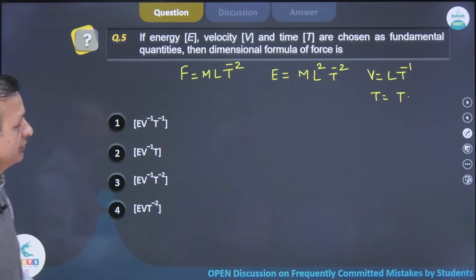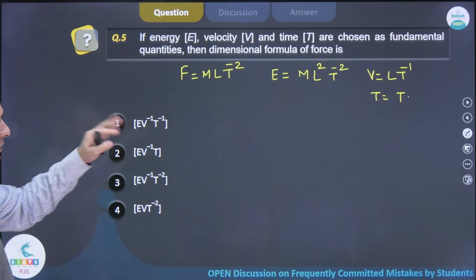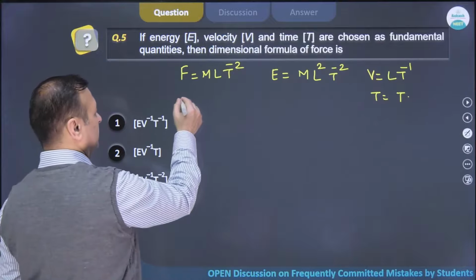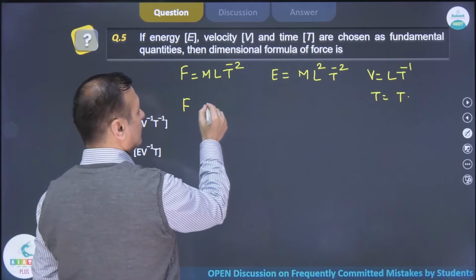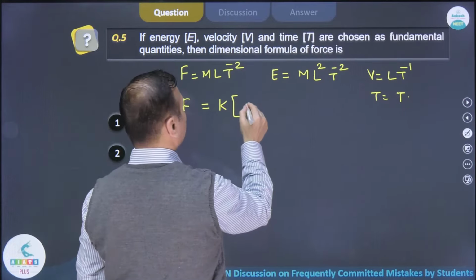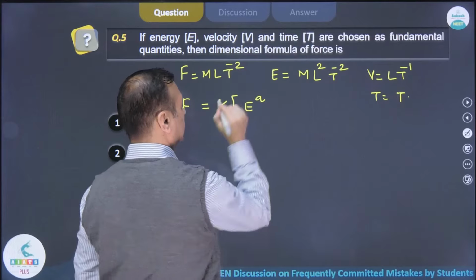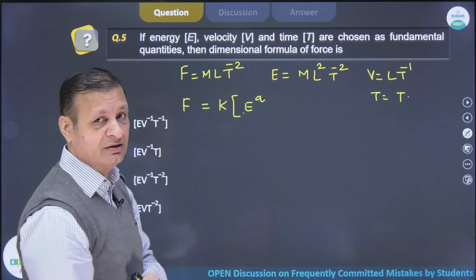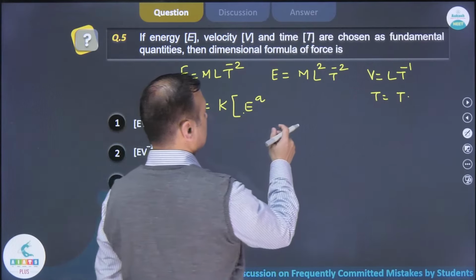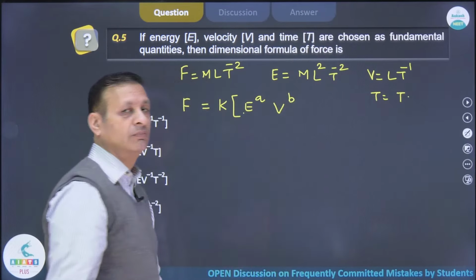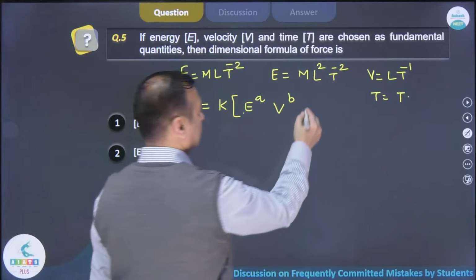Now we have to find out the dimensional formula of force in a new system of units where E, V and T are taken as fundamental units. So the basic approach is F is some constant K, energy power A. We are raising the power that defines the contribution of energy in defining the force. So this is E power A, then V, I will put it as power B, and time with power